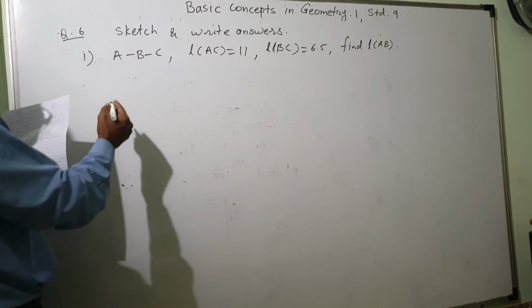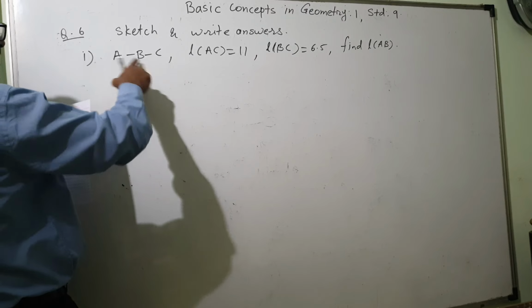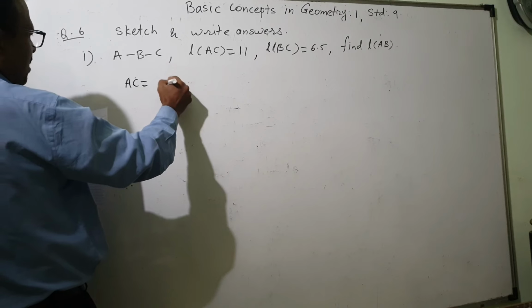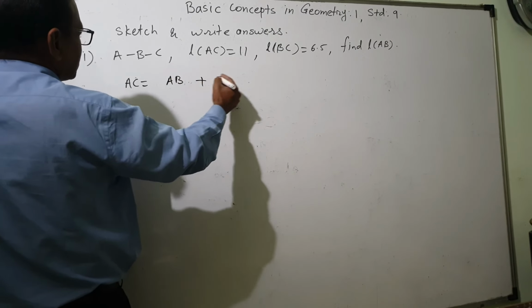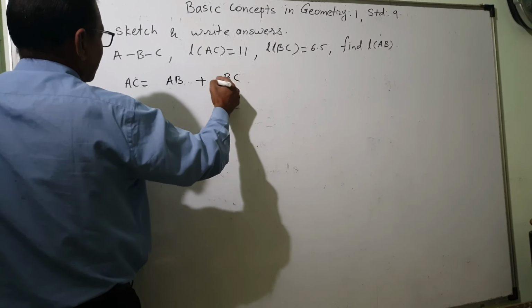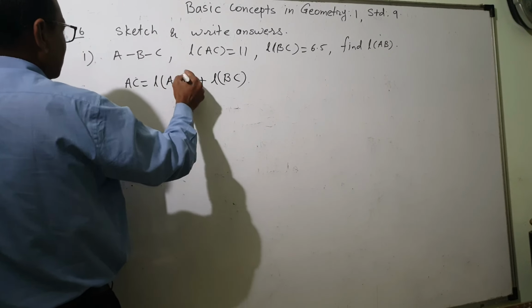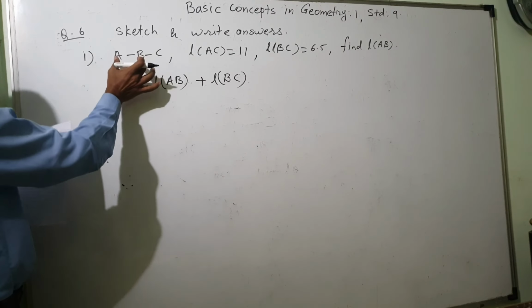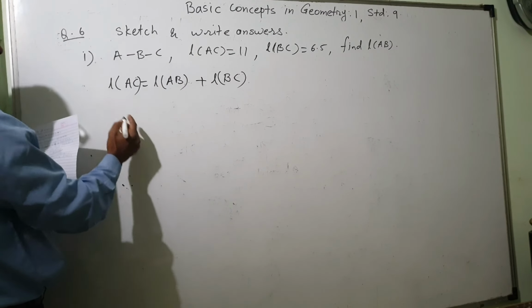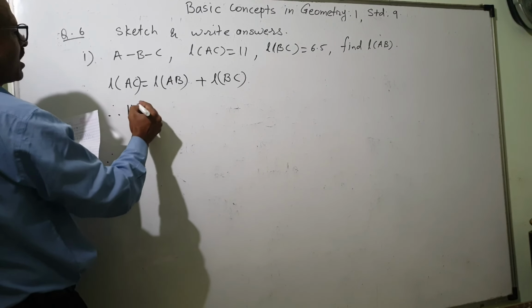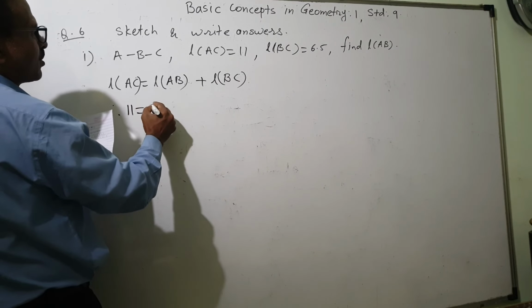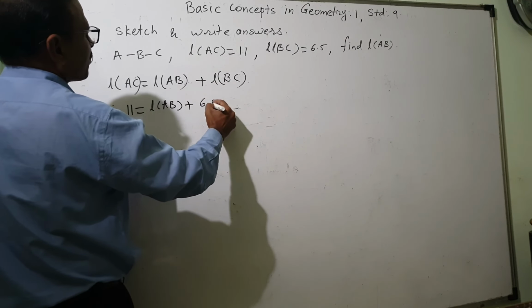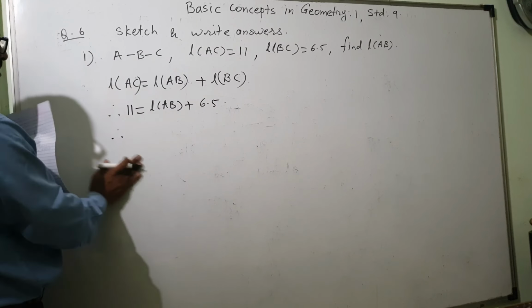Now what is that relation? A-B-C. So AC is equal to AB plus BC. And we will write length, length and length. See this, these are the 3 points. So this plus this is equal to this. Therefore, now what is given? AC is given 11. Length AB is how much? I don't know. Length AB I will write as it is. Plus length BC is how much? 6.5. Therefore, now I am interested